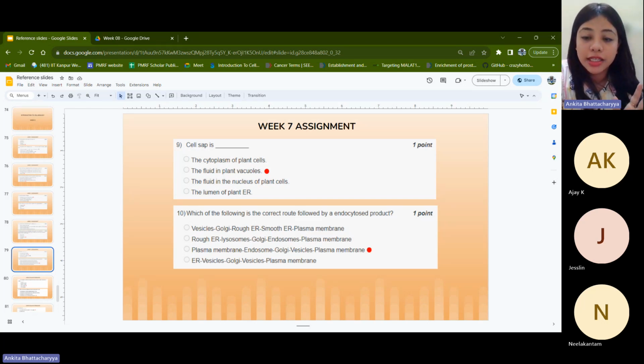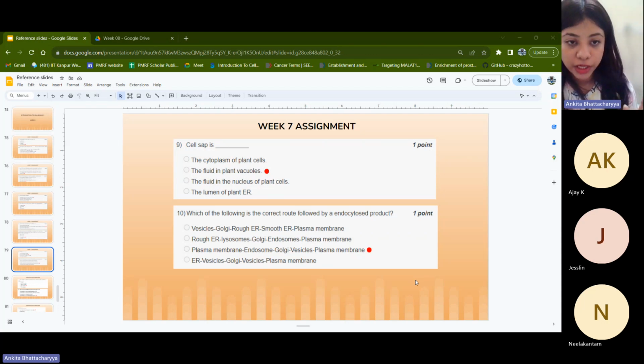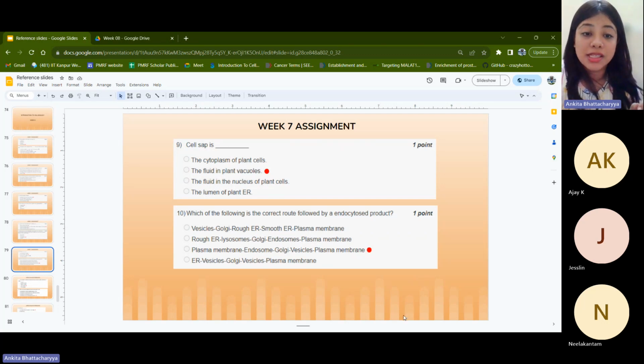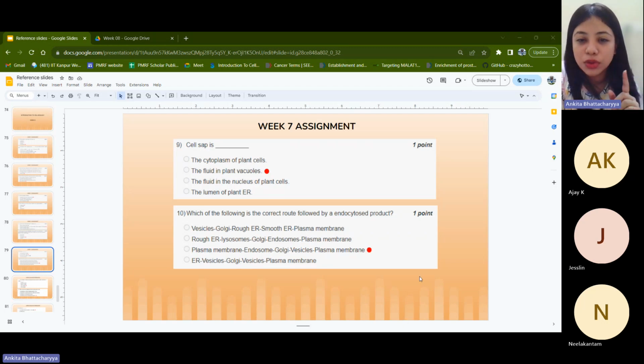But for now, what you can understand is that because the question is asking for the process of endocytosis, the first step that has to occur is that the fusion or the process has to start from the plasma membrane and go from there. If you look at any of the other options, none of them start from the plasma membrane. So for the product to be endocytosed, you start with plasma membrane. It is brought into the endosome, and in my opinion, there should have been a step of lysosome here. It should have been broken down here. And then from lysosome, there should have been a vesicle and then the plasma membrane. That would be the ideal option, in my opinion as well.